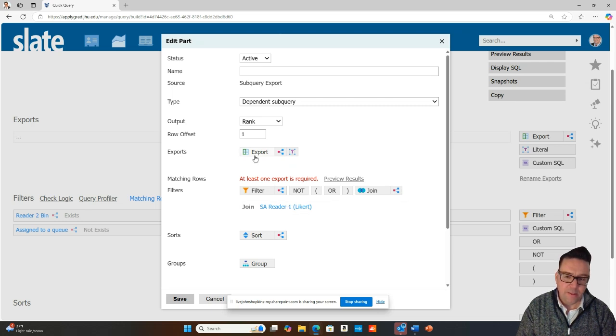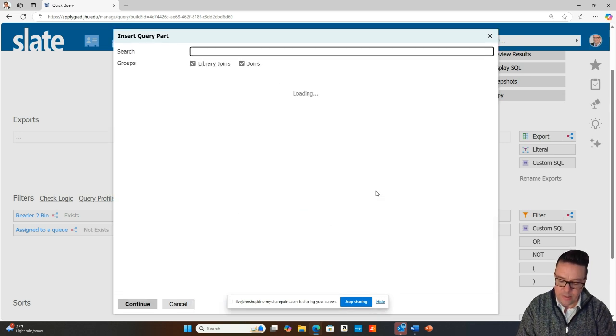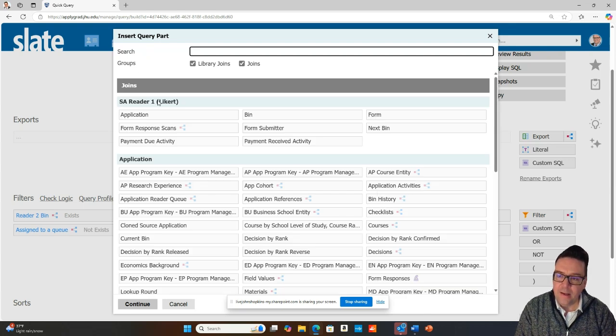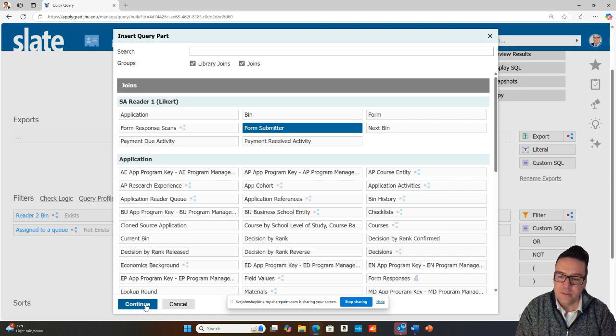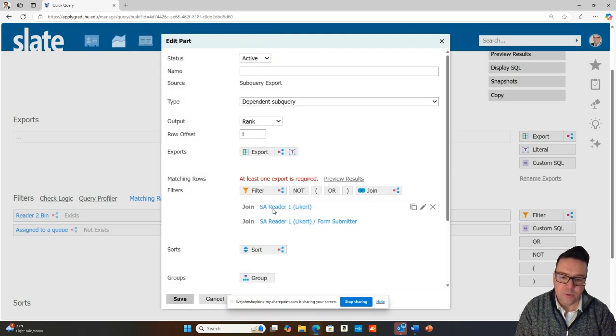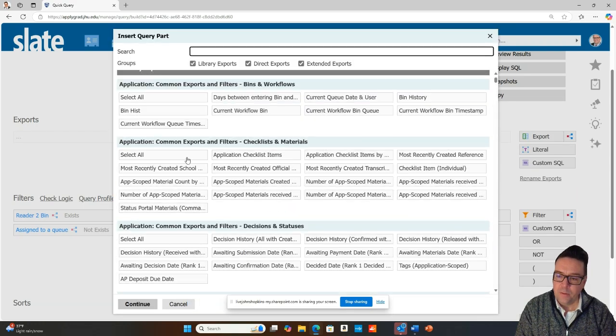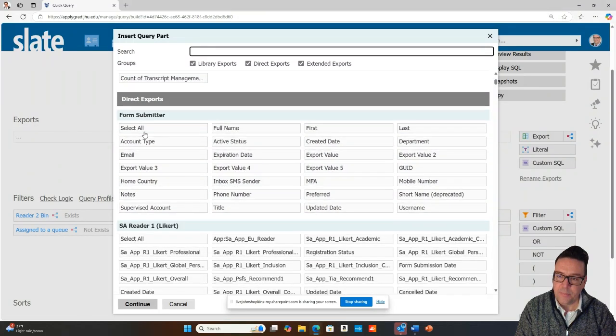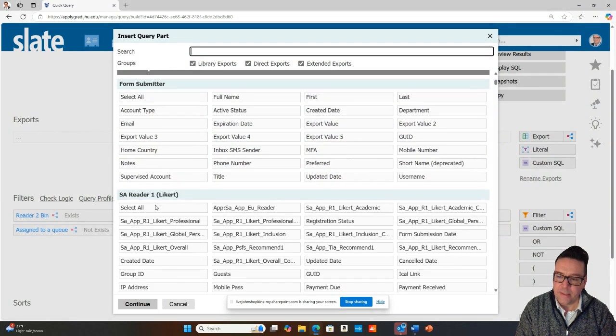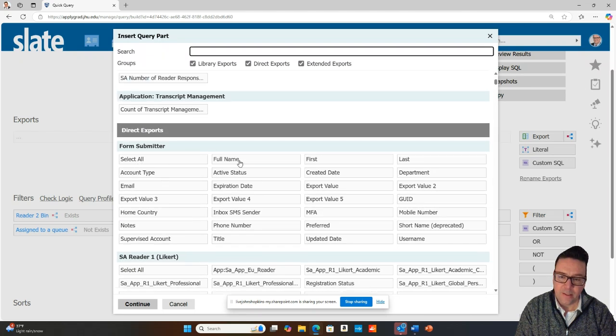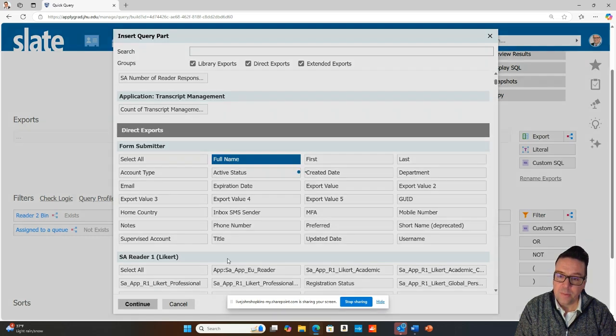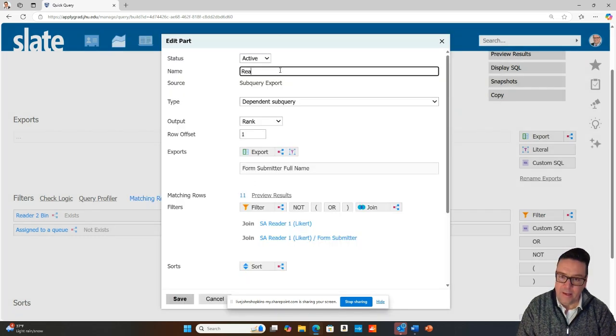What I want to export is the person who submitted that form, the form submitter. So I'm going to join on that reader one form. I'm going to join the form submitter base and continue there. So first I joined the form, then I joined from within the form submitter. Now I can export. If I scroll down, form submitter, that's my join. This is my other join down here, but right at the top is my form submitter, and I'm going to submit. I want to know their full name, the person who submitted that form. And then I call that reader one